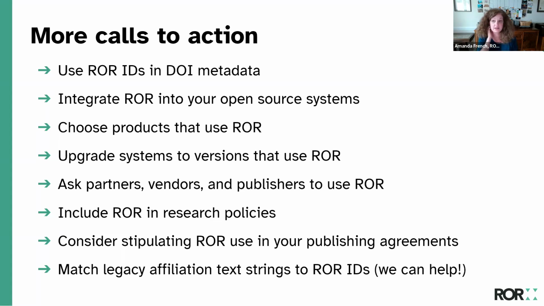This has been an important use case for ROR, that publishers and librarians both use ROR to help manage these transformative agreements. And then finally, if you have any system that has a lot of these messy legacy affiliation text strings, you might consider undertaking a project to match them to ROR IDs. It's one thing to use a system that's integrated with ROR and you have ROR going forward, but if you have a lot of these messy text strings, we do have tools to help you match those to ROR IDs. We have a ROR reconciler for OpenRefine that many people like to use, very granular, with lots of control over what you're matching using that tool.